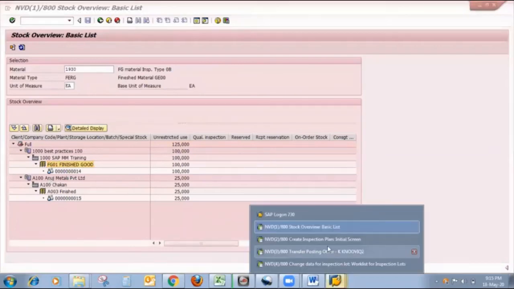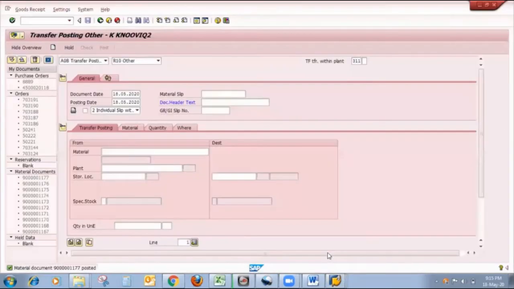As you know, the procedure is the same. Here the movement type is changed. So the movement type I put here is 301, because 301 is transfer plant to plant and 311 is transfer within the plant. Here I put my finished material, which is 1930.